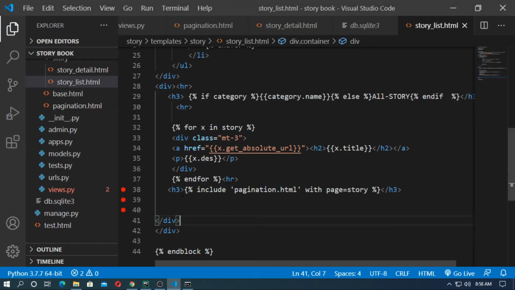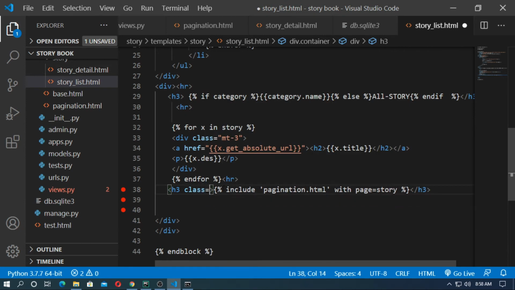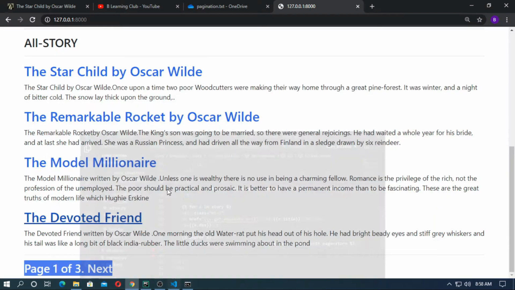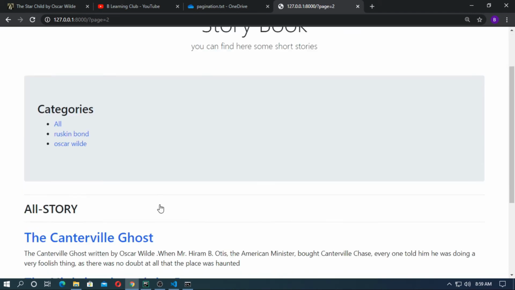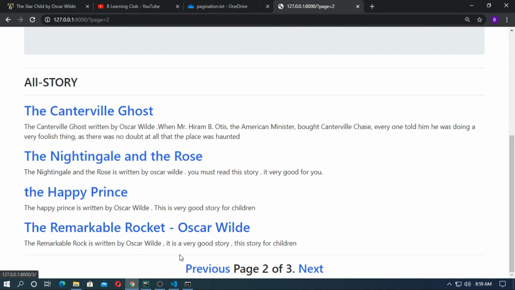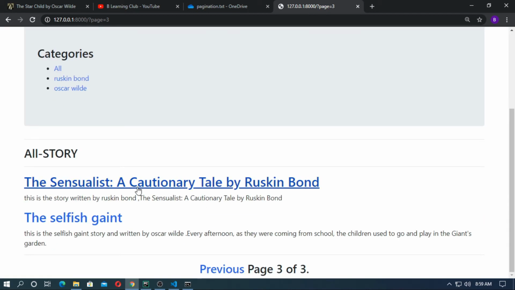So I just add a class text-center, save it, just refresh it. So you can see now pagination has been added successfully. Okay, so each page has four stories. So 1 2 3 4 next page, 1 2 3 4 next page, 1 2.